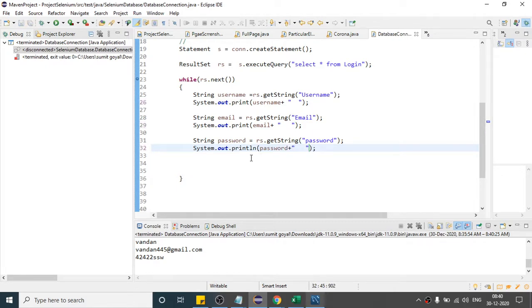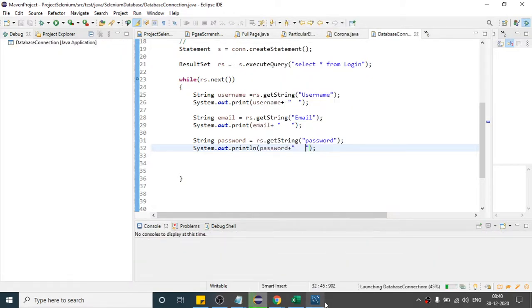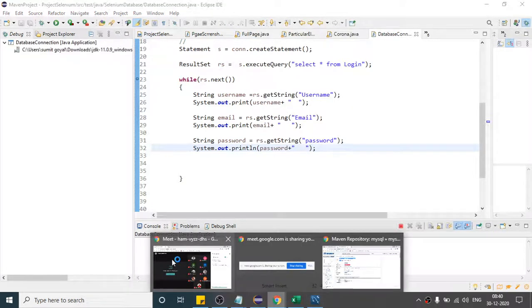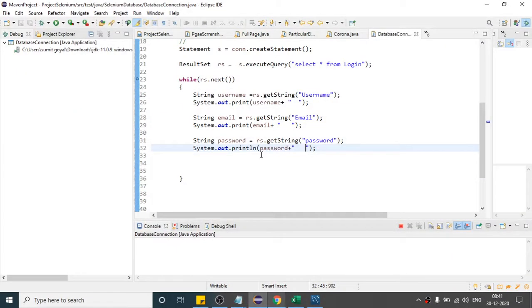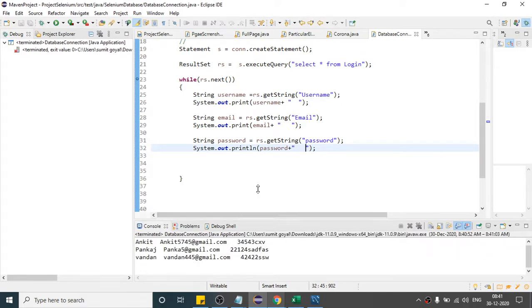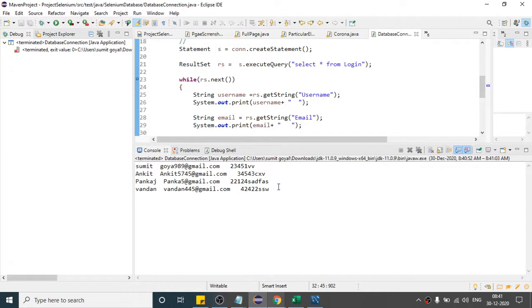So if I run this time, whatever the data we got will look a little bit clean, right? So you can see how the data it has printed. So this is how you can see we are able to print the data. So once we got the data, we can use it in our test cases as well. So this part is clear to everyone.